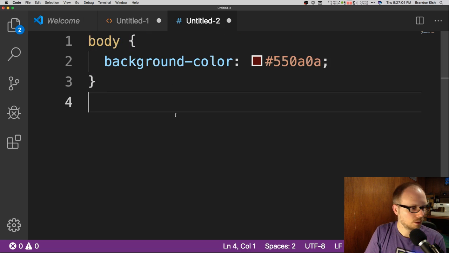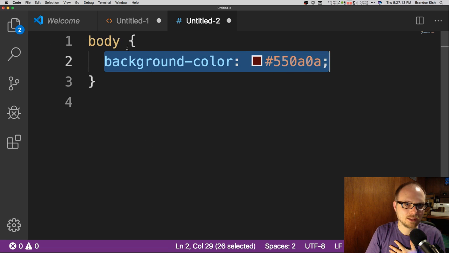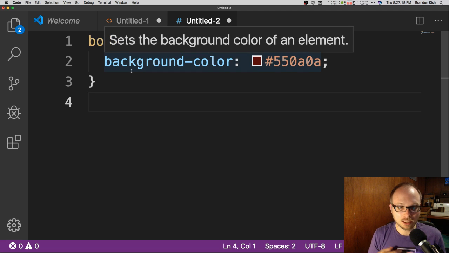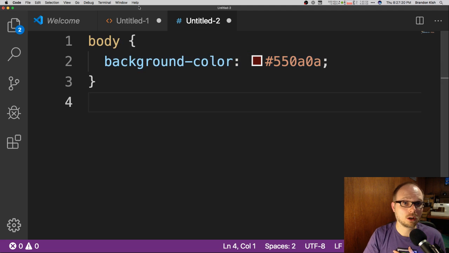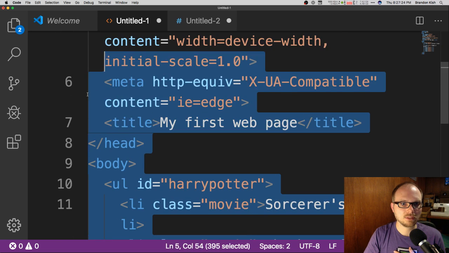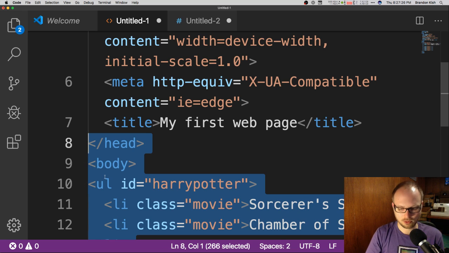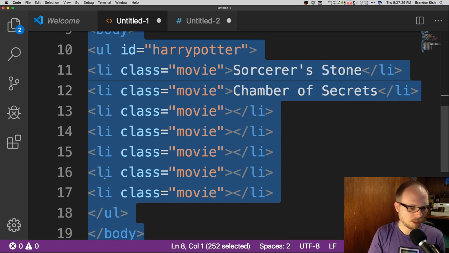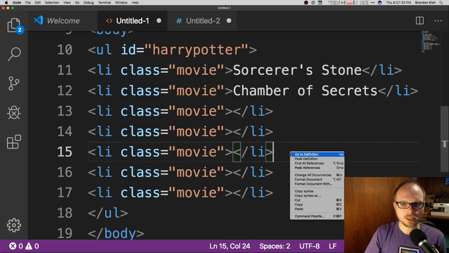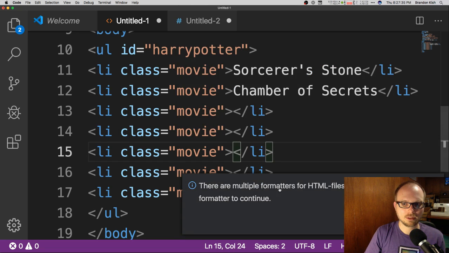If I click on that or choose any of those options, it will actually re-indent the CSS the way that I prefer it, so that each one of these statements is on a separate line and the curly braces are indented a standard way. You can use that format document in CSS files, which is handy, but you can also use it in HTML. So let's say you make a really messy set of HTML tags here. I'm going to shift everything over to the left by using the Command left bracket because that controls indentation. And I'm just going to right click in here and say format document.